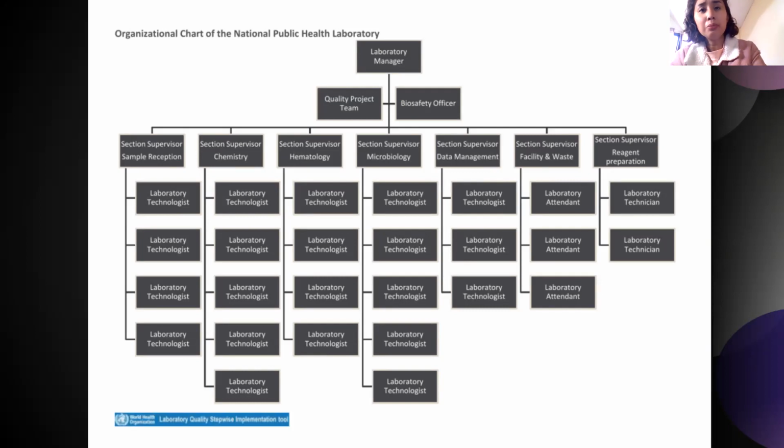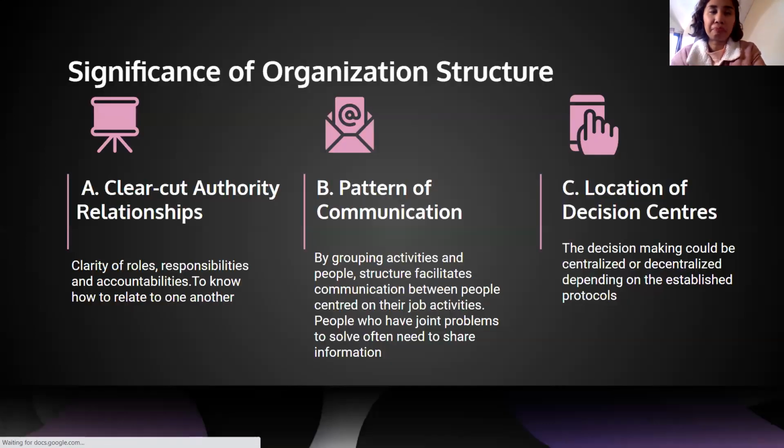At ito yung madalas nating nakikita, di ba? Yan. So, why should there be an organization structure? Yan. Ba't kailangan i-organize? First one is there should be a clear-cut authority relationships. You would know who would you report to. Yan. Clarity of roles and responsibilities and accountabilities. So, para hindi nadodoble yung mga trabaho. Yan. So, dapat there should be who would do it, and the authority.